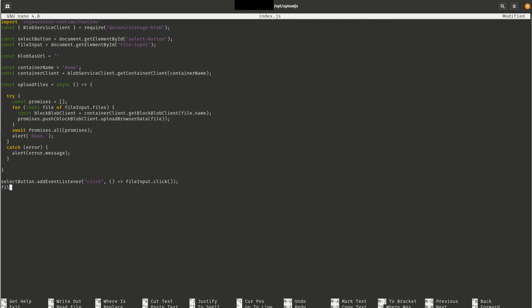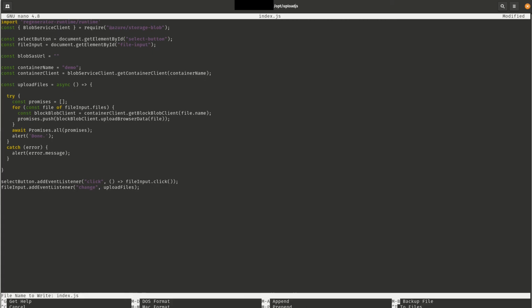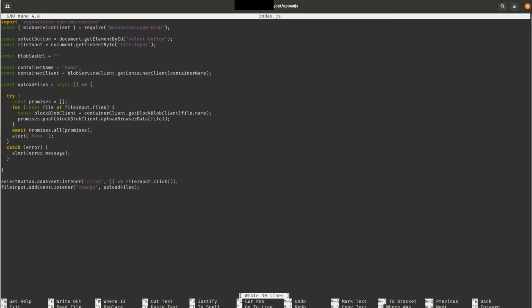And then on the file input, we're going to add a change event listener, which is going to call the upload files when somebody has selected a file to be uploaded. So we'll save this. So we now have our JavaScript written, essentially, that will do the uploading through the Azure Blob Storage. We are still missing the